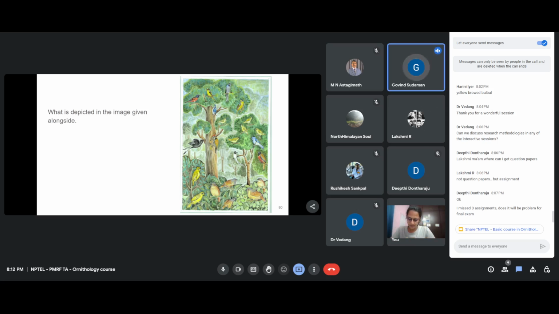The reason for my question was that I noticed the assignment questions this year have some similarity, not always, but some similarity with the previous year's assignment. So I was just wondering if it applied to the exam as well. So what is this, to score 100 on 100? Don't worry about that.